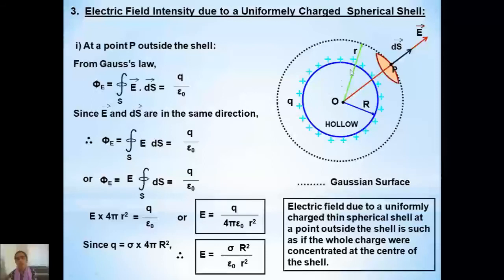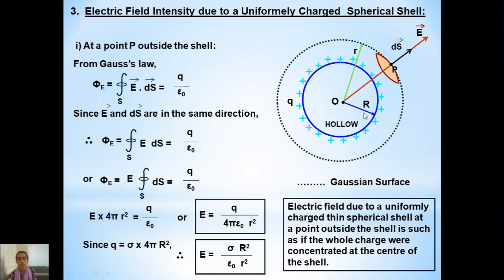So when we consider a point outside a uniformly charged spherical shell, then electric field is inversely depending upon the square of the distance, that is E is inversely dependent on 1 over R square. So that you should remember. And direction, as I said earlier, since it is a positively uniformly charged spherical shell, electric field will be acting radially in outward direction. Okay. Just in case if the spherical shell was negatively charged, then the electric field intensity will be radially in inward direction. Okay. So this is in case when we are considering the point outside the shell.